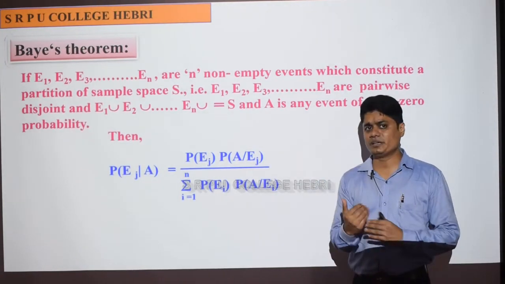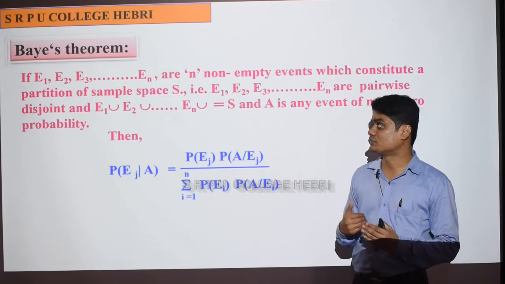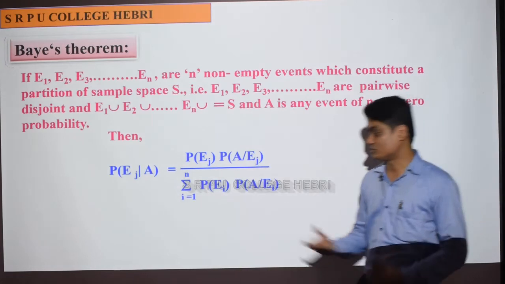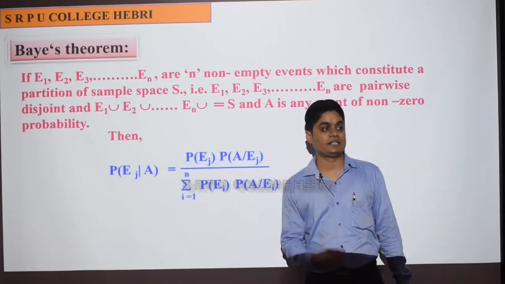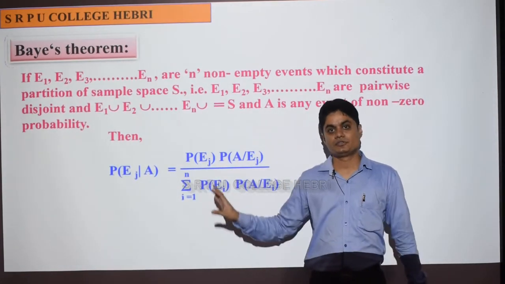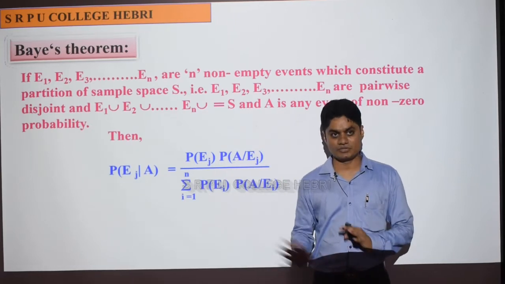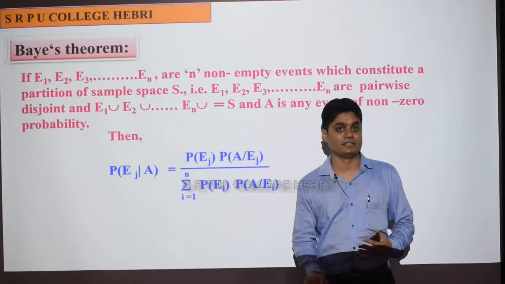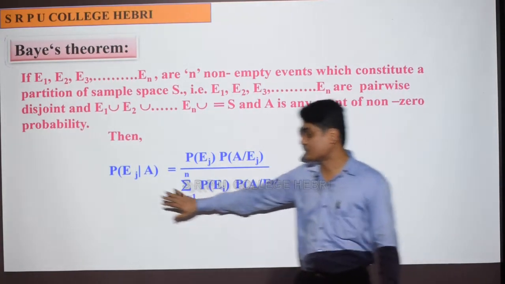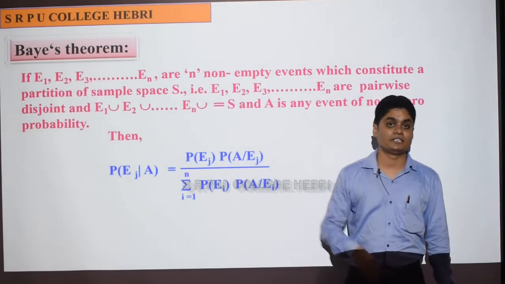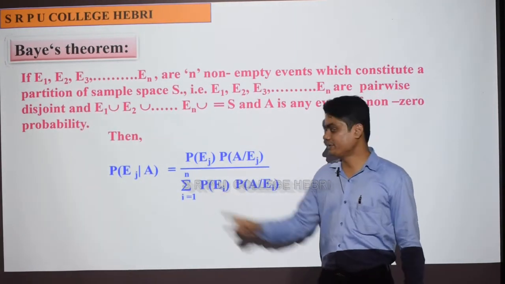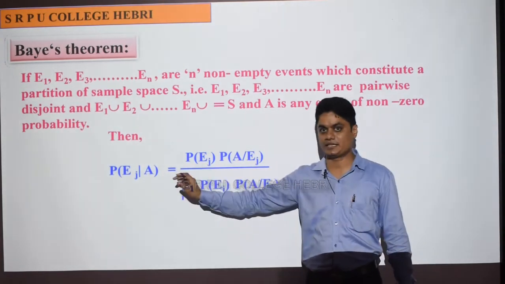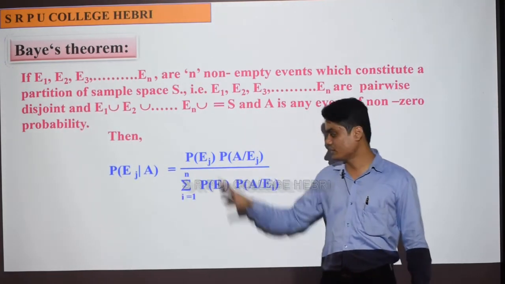I told you in the beginning, when I started to state the Bayes theorem, about the reverse probability concept. So this is actually the formula to find the probability in a reverse problem. You will understand when you solve some problems. Where is the reverse case here, right? Once problems come, it will become clear. This is nothing but the formula to find the reverse probability. Probability of Ej given A will be the reverse probability case. Why this is a reverse probability and how to use it will become clear when problems come.